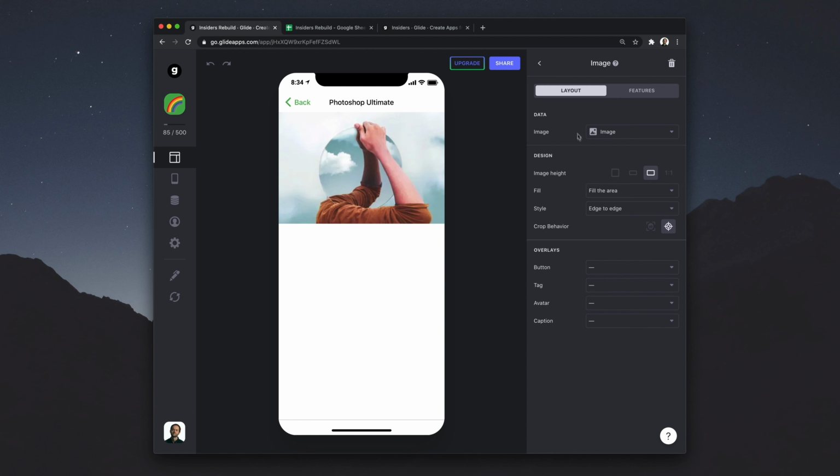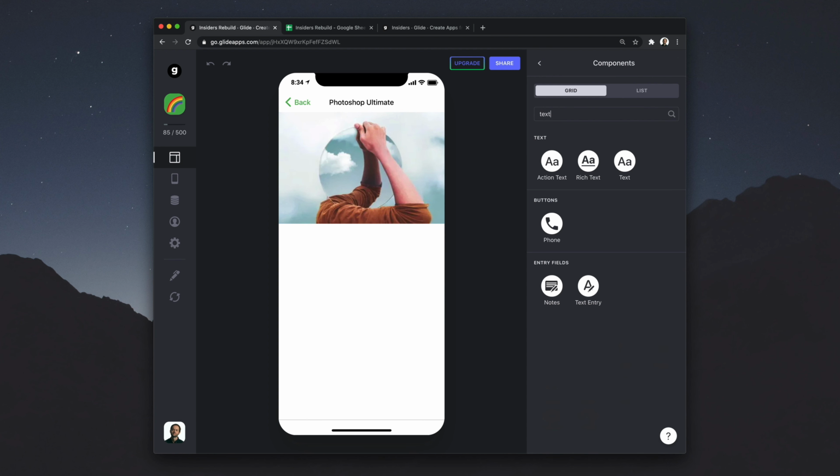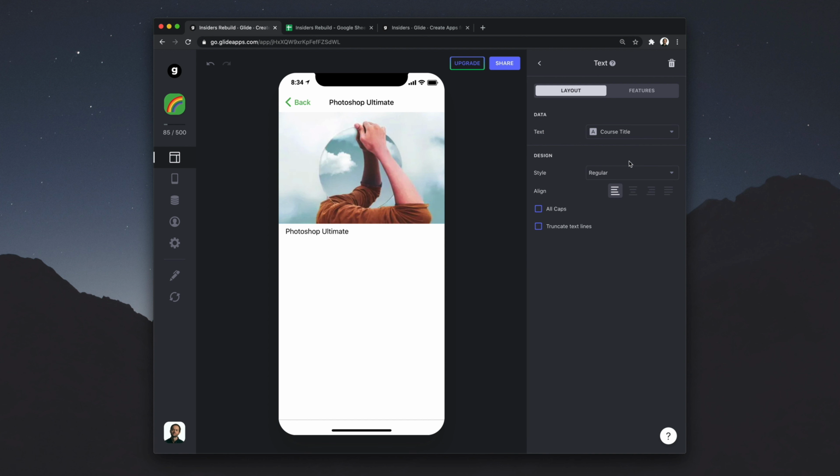Let's go back to our component list, and I'm going to add a text component. So the text component, as of recording this video, is a reasonably new component, and it's really flexible. There's a lot of things that people often miss in terms of what you can do with the layout. So I'm going to choose headline 1, really nice big one here, and I'm going to make it center. And I'm also going to then duplicate that,